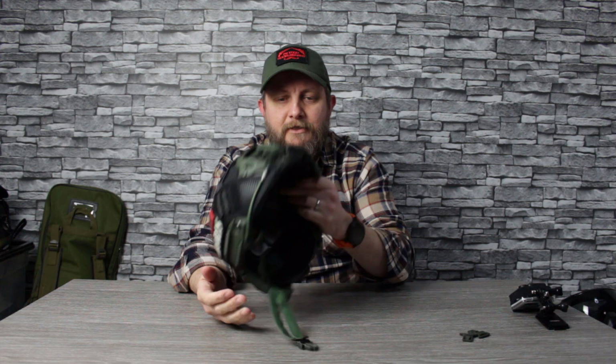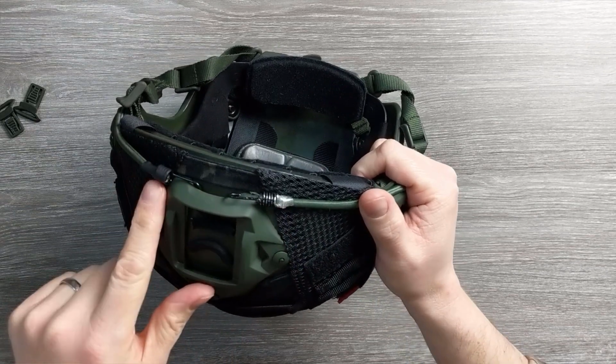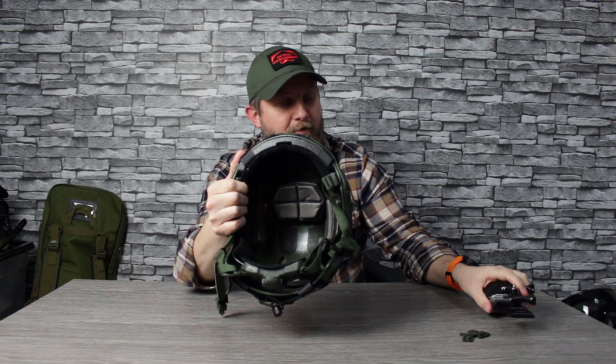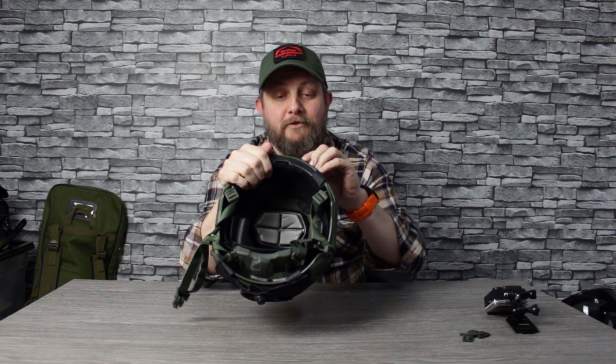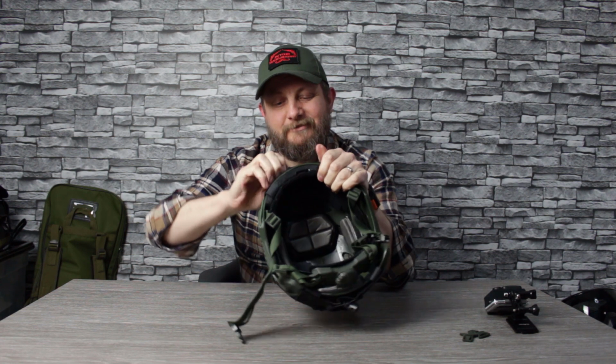So have I had any issues so far with it? Only one I've had, and you'll probably see it here, is I've got a broken bungee at the front here. When I connected my camera for the first time, I thought, in the real world those bungees would be used to secure night vision goggles, to give the spring option to hold the night vision goggles up, and when they're down, hold them in place, stop them bouncing around so much. I thought, I'll attach it onto my GoPro. So I dutifully pulled one off and started stretching it to reach onto my GoPro, messing around, and pulled it off. So this one, this side,